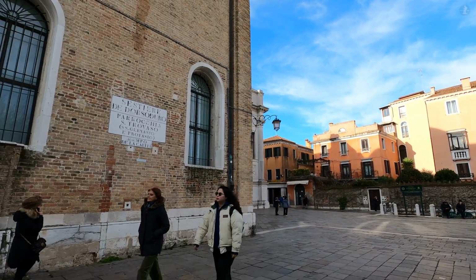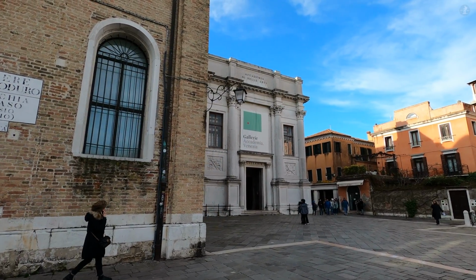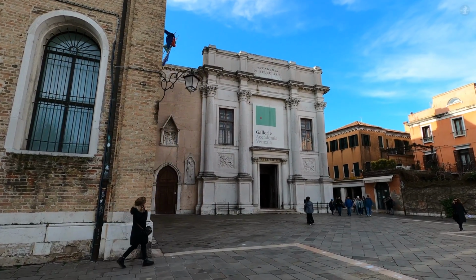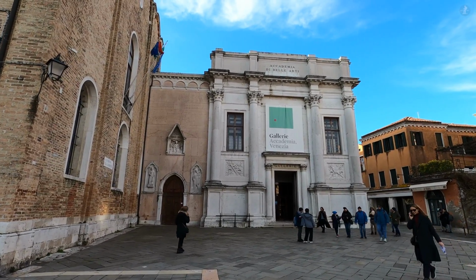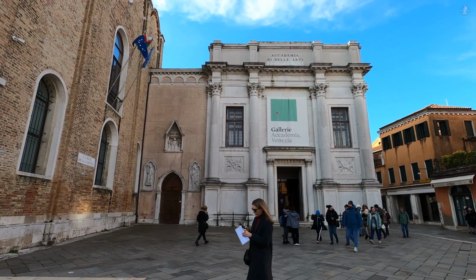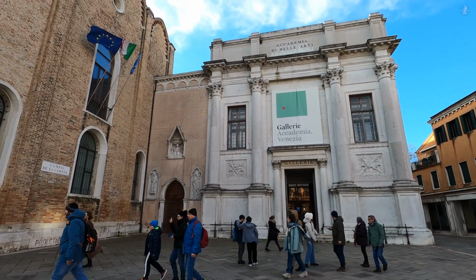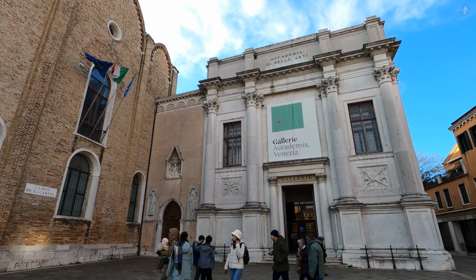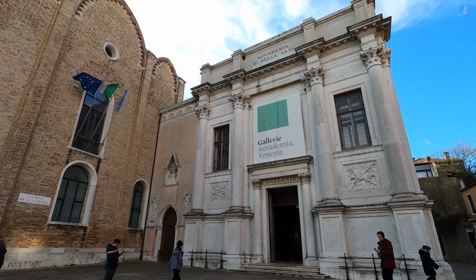That translates as the Venice Academy of Fine Arts, originally founded in 1750, but which moved to this point in Venice in 1807, taking over the buildings of the Scuola Grande della Carità, one of the city's historic scuole grandi that we discussed in the previous part of our walk. After nearly 2 centuries, the Academy of Fine Arts moved away from this site in 2004, but what remains here